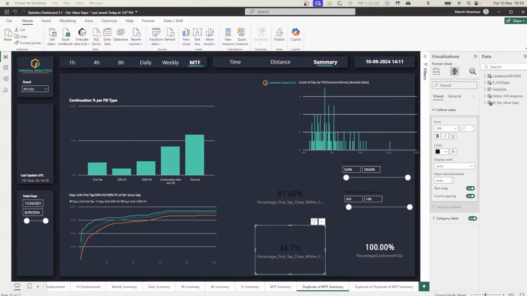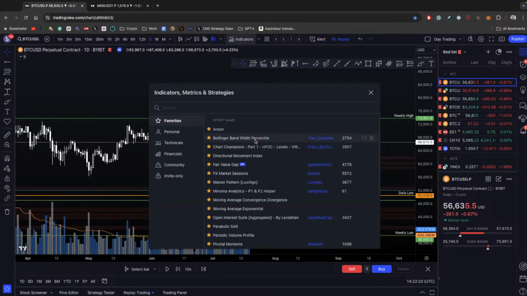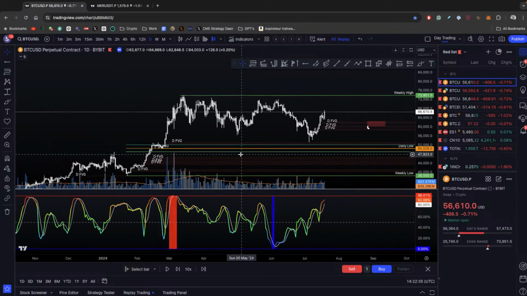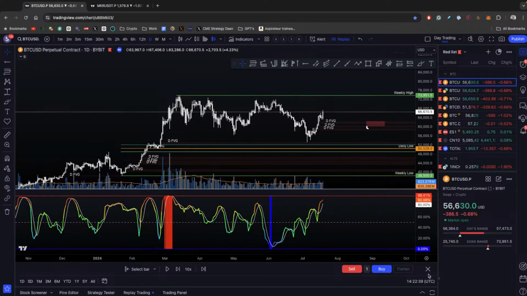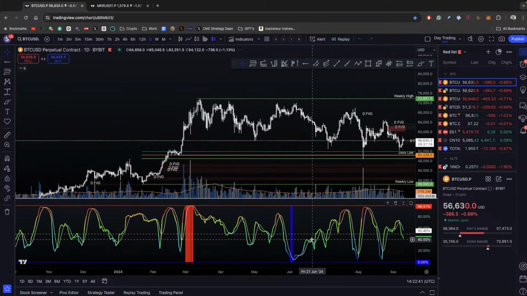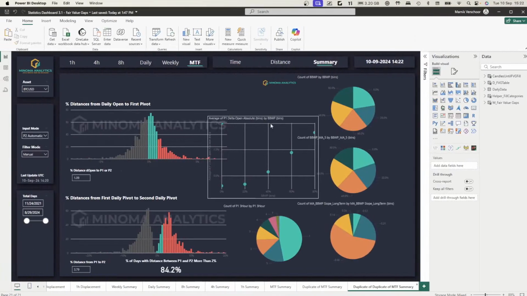Now, the other thing I've been working on is, because what I said, it would be cool to recognize when you're in range and when not. So one of the things I'm also working on is trying to explain when we're ranging and when not. This is still highly speculative. One of the ways to do it is the Bollinger Band width percentile, right? Basically what it says is that if it's low, there's low volatility. If it's high, there's high volatility. And it's actually turning out to be the case.